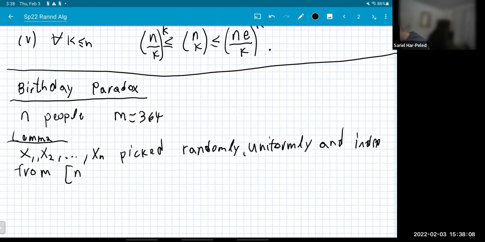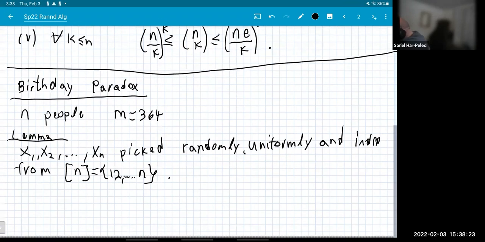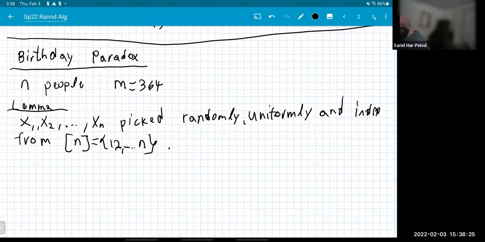I'm going to use this notation to denote the set 1 to n. So we are randomly picking from the set, and now I'm going to ask